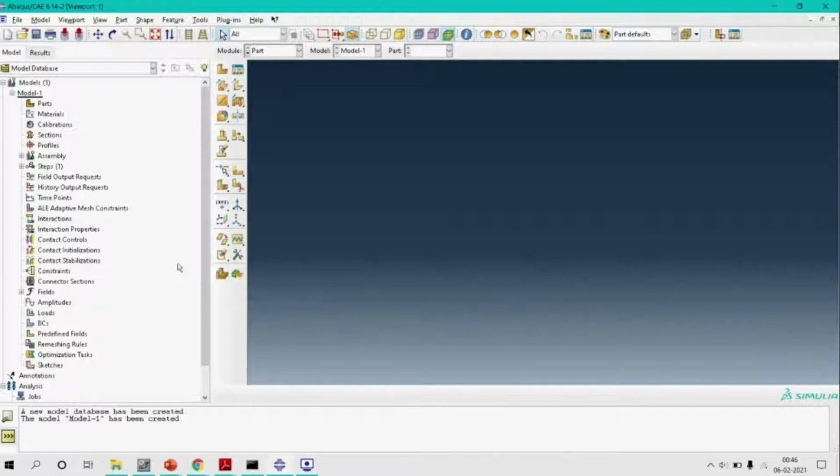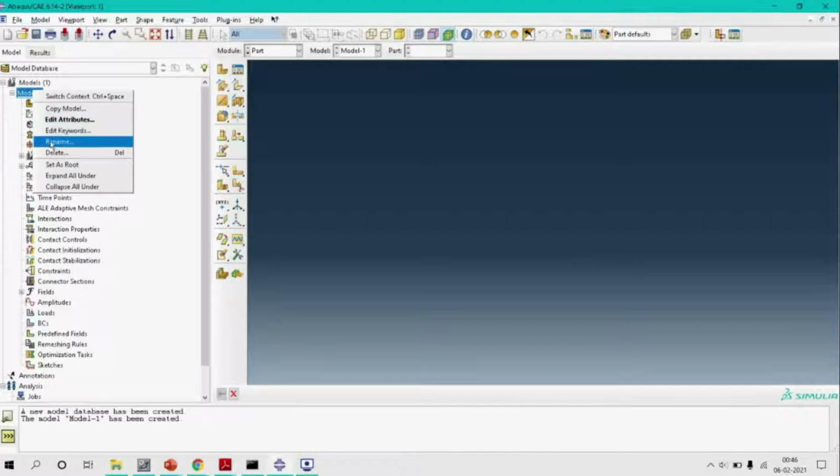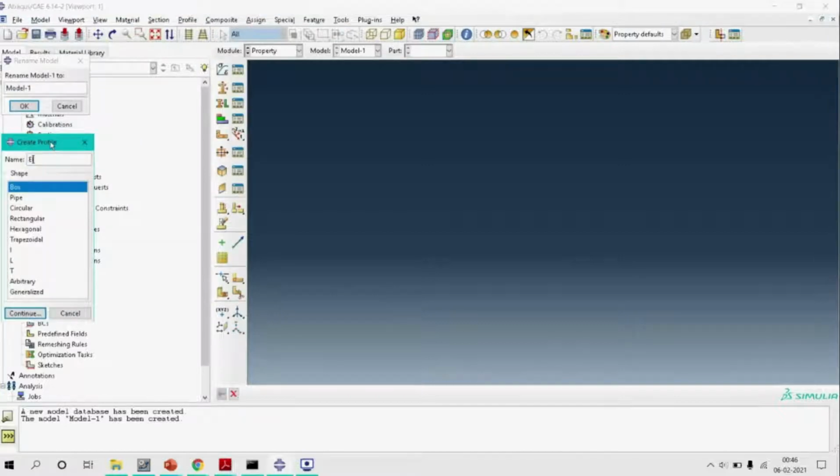In the left window of Abaqus we can see the model database, and here we can create one or more than one model in this database. In Abaqus the first model is by default named Model-1. So let's rename it as elastomeric rubber bearing.